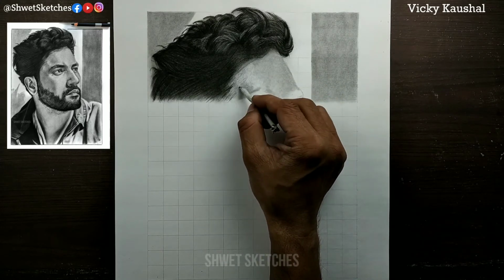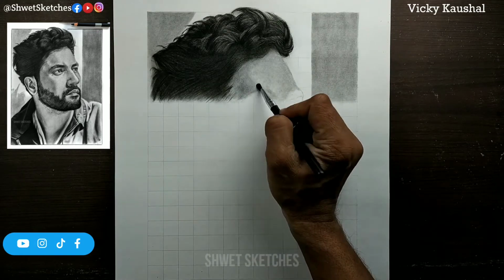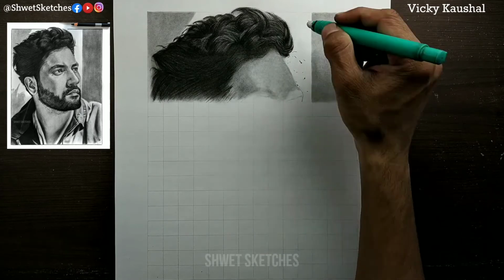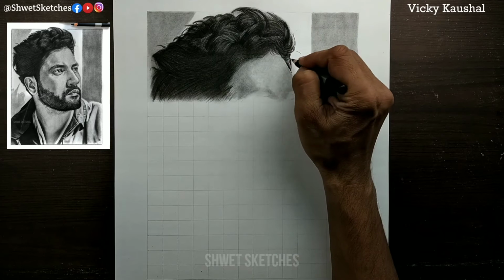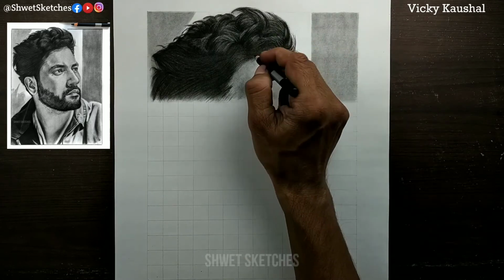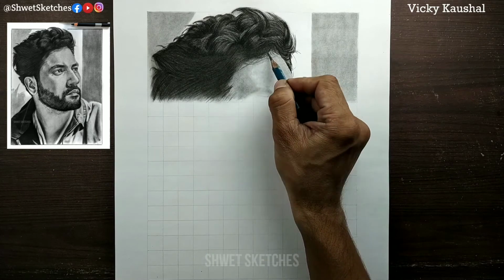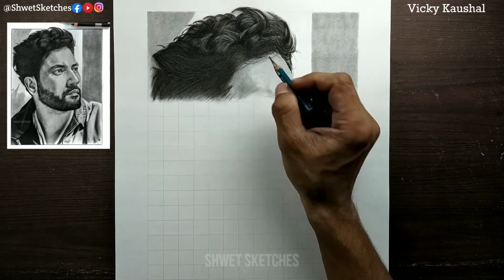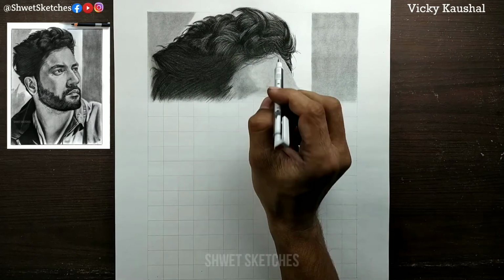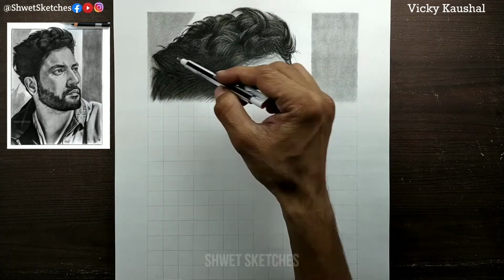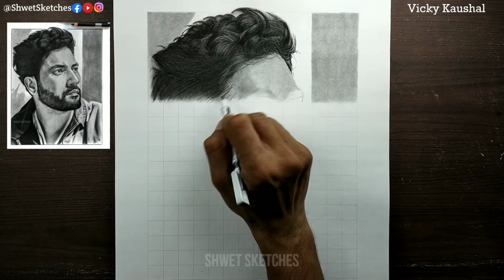But if the light source is a little bit on the left hand side or the right hand side, of course you will see more shadows on the face. And the difference in this particular portrait that I'm using of Vicky Kaushal is that the light source is a little bit above and left, so shines are coming on the upper part of the hairs. So to make those hairs look more shining, you have to use a mono eraser, and you have to sharpen and cut your mono eraser also, so that you can apply small highlights also.